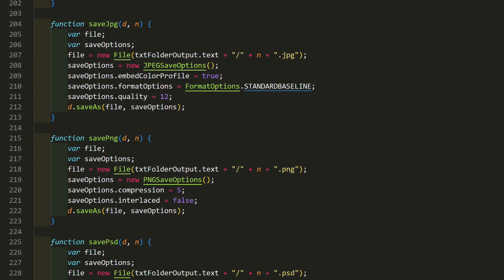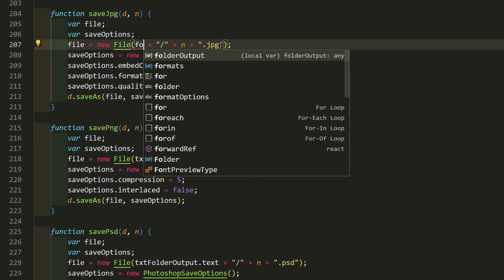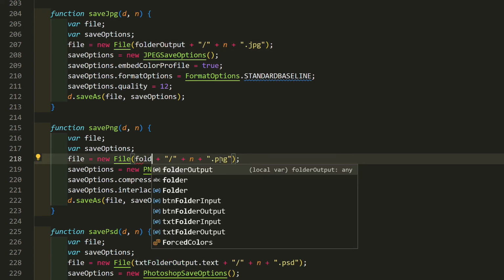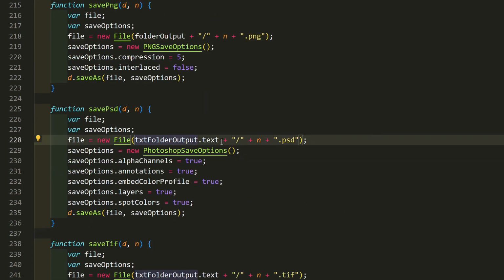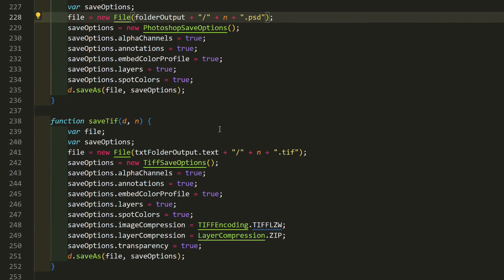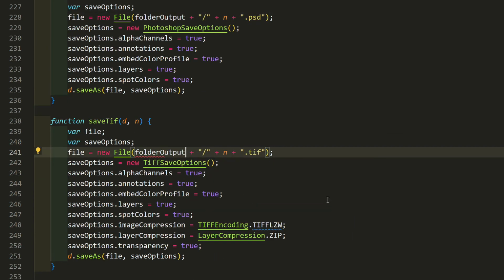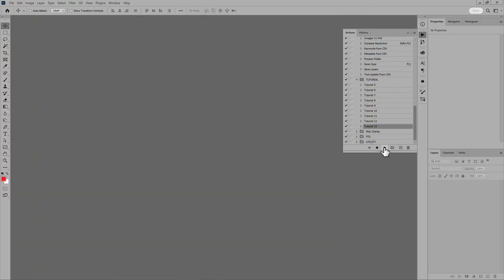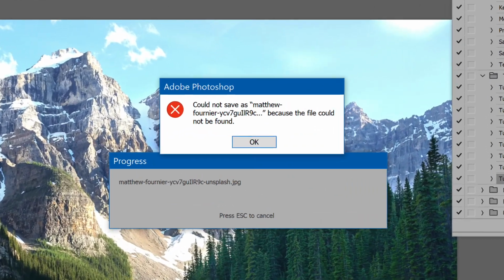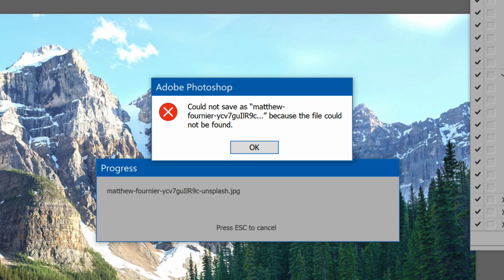Last, in each of the save functions, instead of the output folder text value, use folderOutput. Save the script and try that. One last problem. The folder doesn't exist in the output folder, so it throws an error.